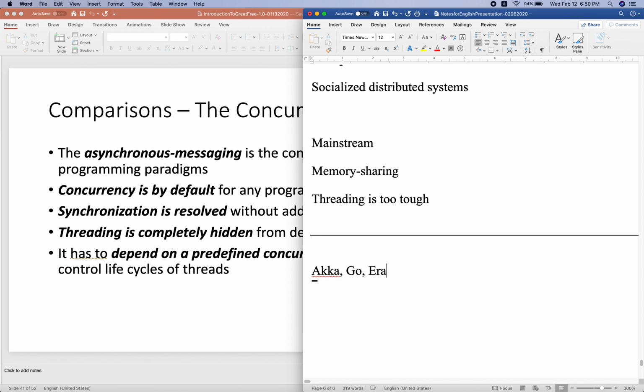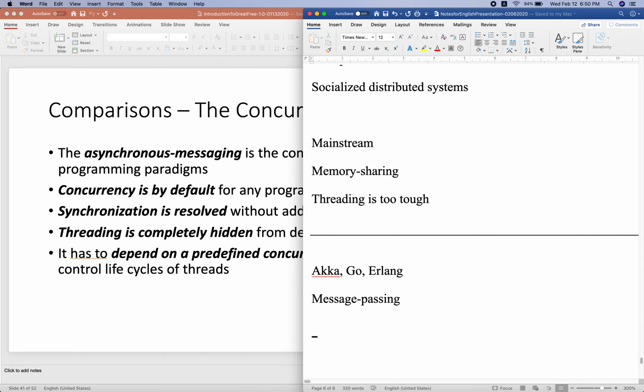First, the memory sharing concurrency model is turned into message passing. This is a big change. Message passing can provide developers with one advantage.